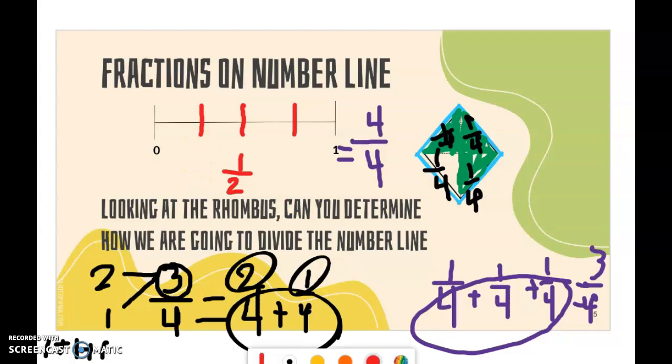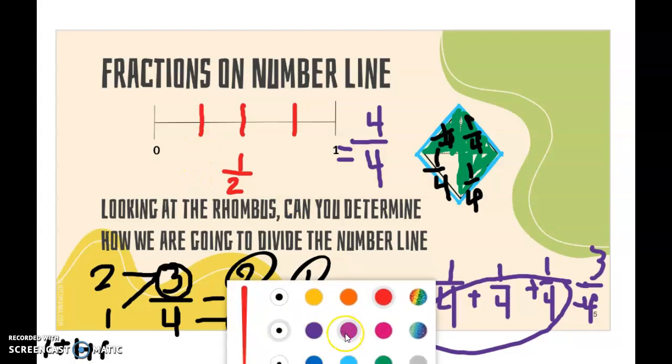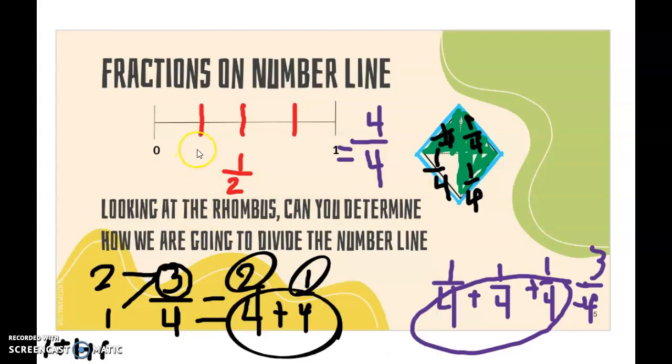So now I'm going to go back and I am going to label my fractions on my number line. So I'm going to start here. My first fraction would be 1/4. I don't want to confuse you, but you do need to understand that here we have 2/4. You do need to understand that half of 4 is 2. So 1/2